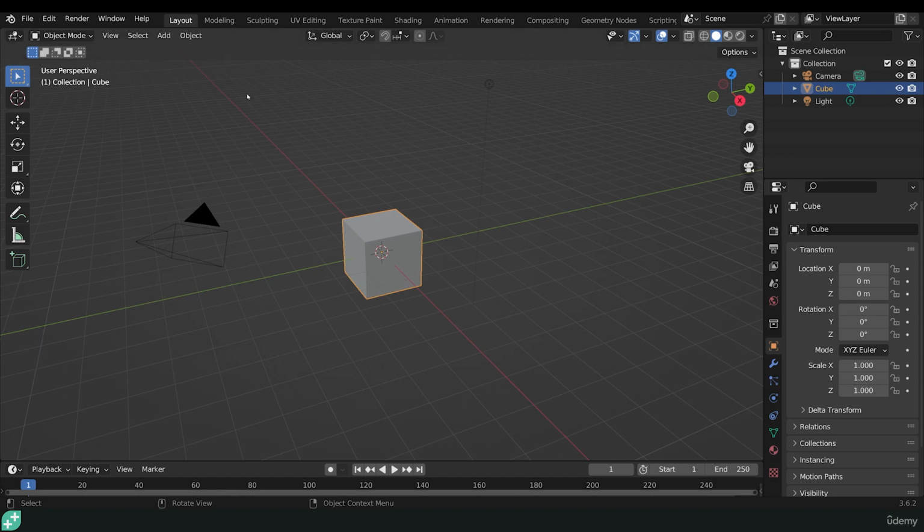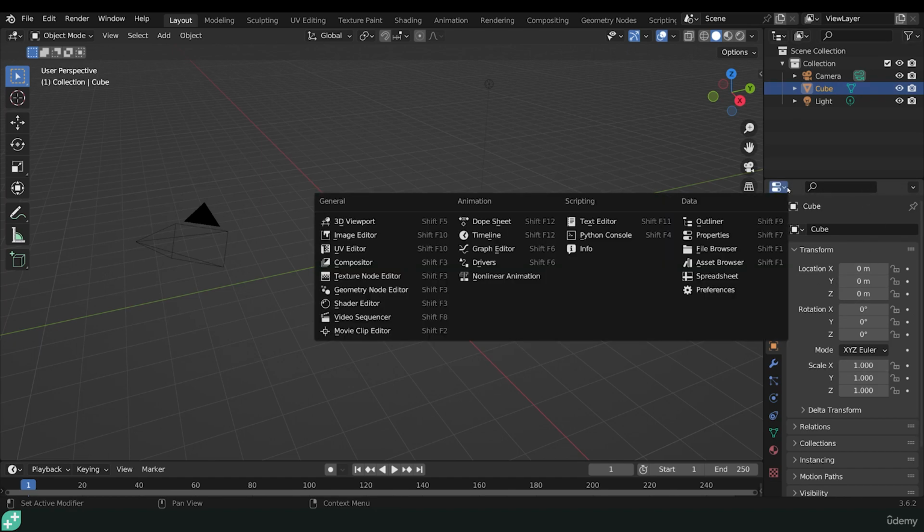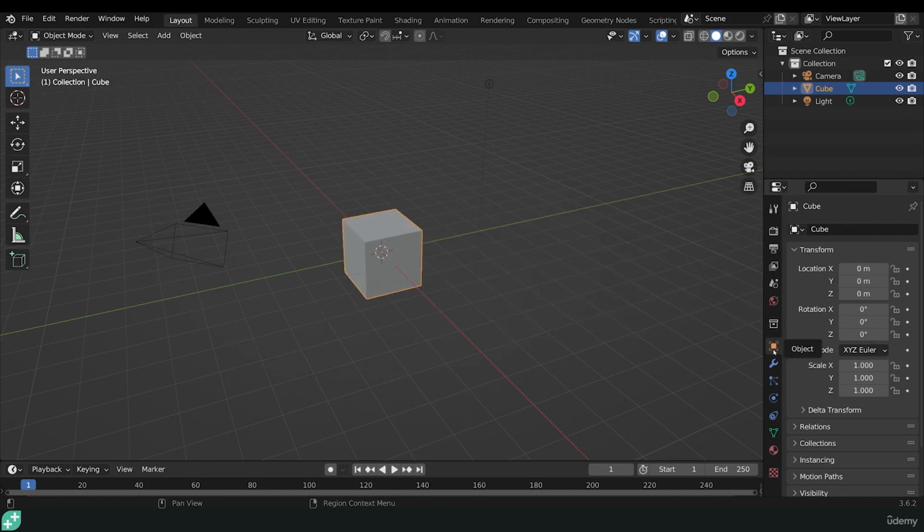layout workspace as well. So as a reminder, in the layout workspace, we start with 3 objects here, the light, the camera and the cube. Anything I select has an orange outline, and you can also see that in the outliner over here. It lists my different objects in the scene and the cube is highlighted an orangey yellow. Underneath this we have the properties window, and you can of course change these windows with the dialog box up here. And within the properties window we have the object data properties opened up, and you can see the transform information of our cube, or our selected object, just here, and that will be useful to us in just a